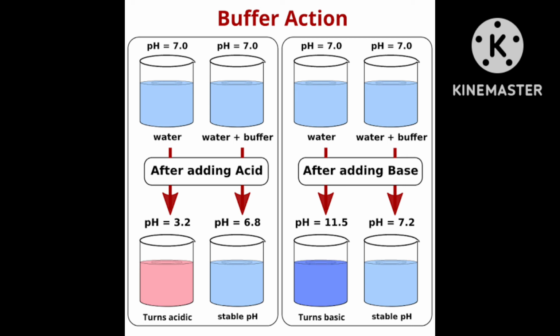The only difference is that you have taken 50 ml of ammonia and only 25 ml of acid. After mixing the base and the acid, what will finally happen, whether the solution will be acidic or